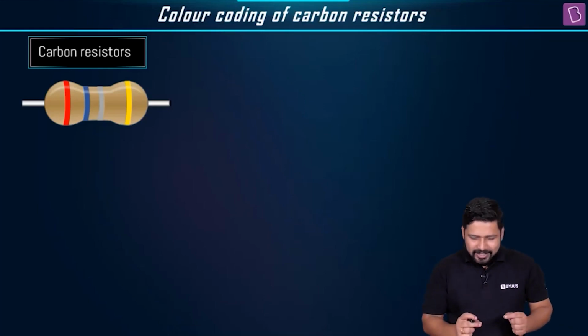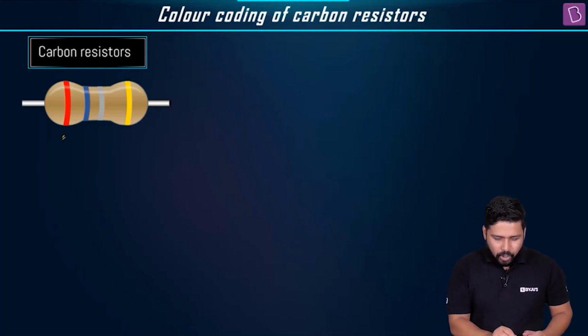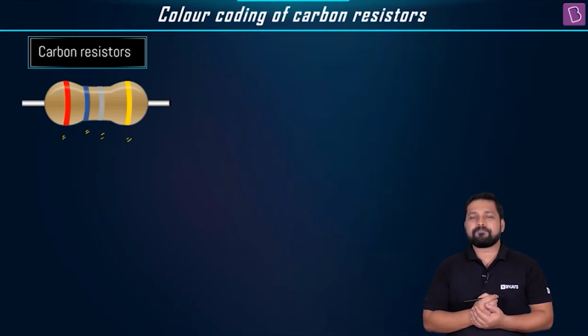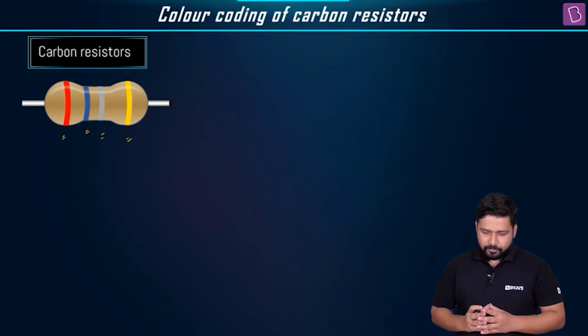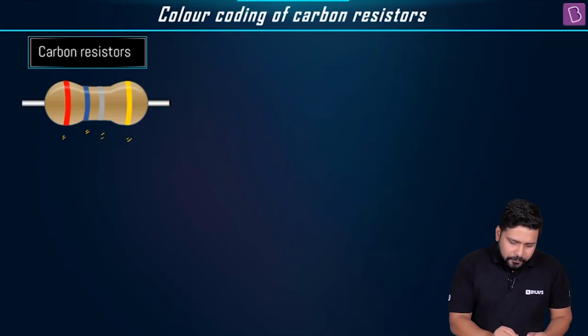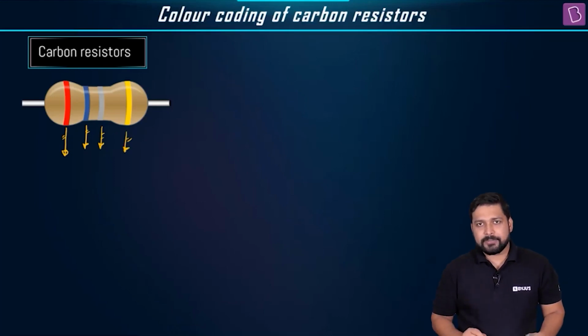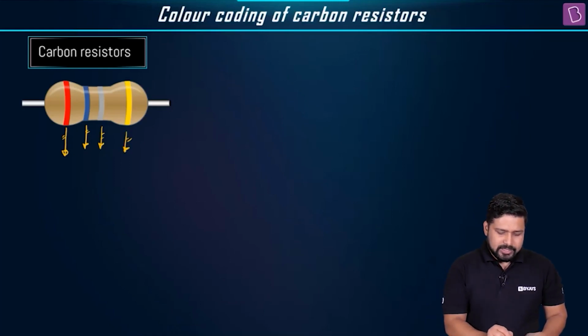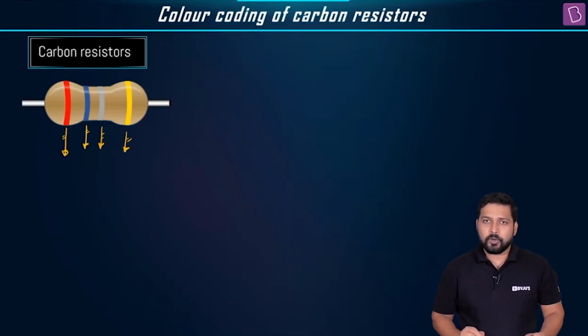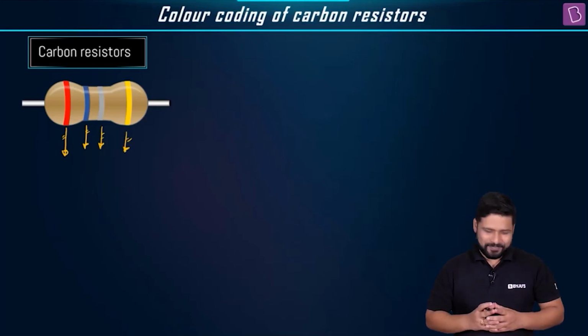Now, as you can see that there are 4 bands or coaxial rings, if you might say. So 4 colored bands. Now, if you talk about the first one, second one, third one and fourth one, there are 4 bands like this, or you can also call them rings. 4 colored rings. The first color is red, second is blue, third is gray and fourth is gold. You'll come to know all of it, don't worry. We're just starting to unwind or unbox the story.